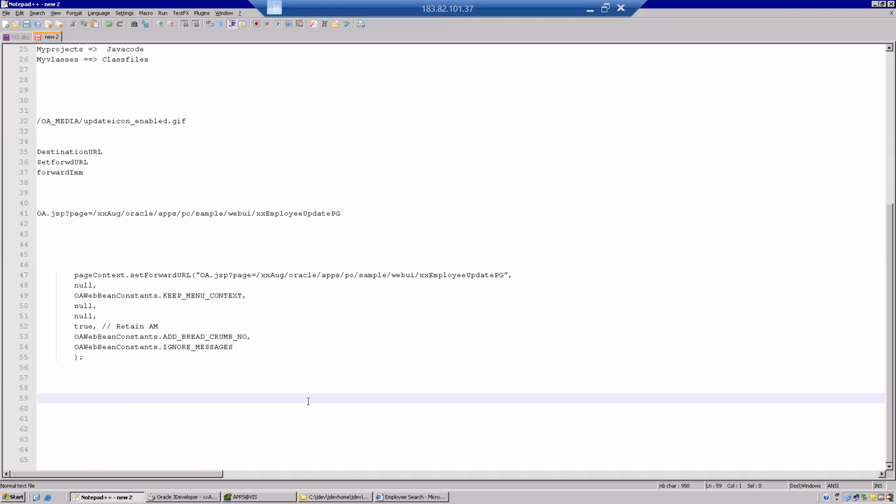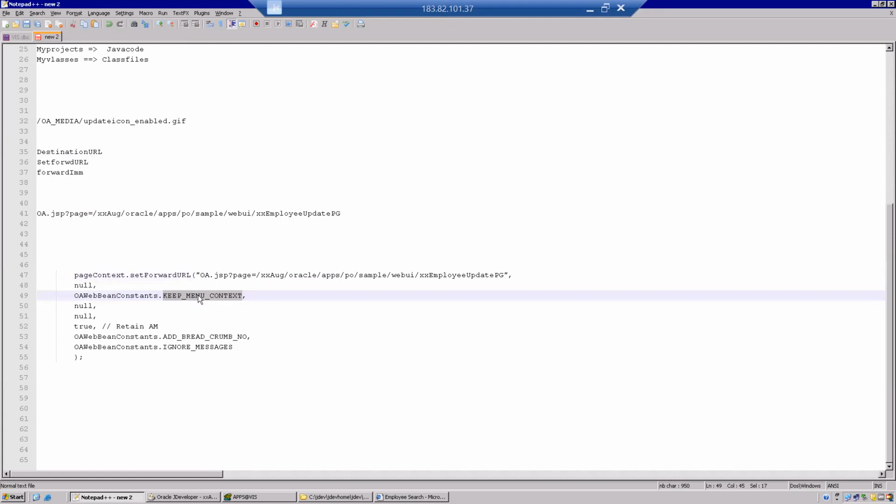While you are practicing, if you don't remember, don't try to memorize all those things. Just copy it from somewhere and paste it here until you understand very clearly. Now here, this is the destination. I think you already know this one. You have to give the target page here, the page you want to navigate to. Is this clear, at least this parameter? You have to give that page, otherwise it will not navigate correctly. The next one is